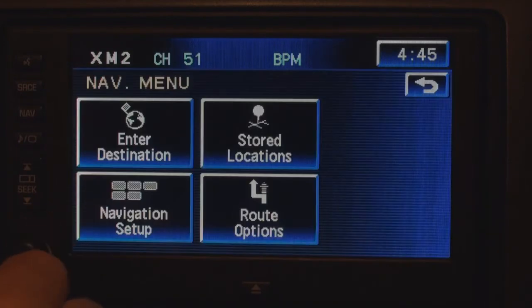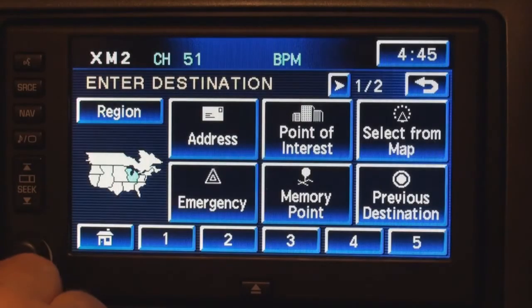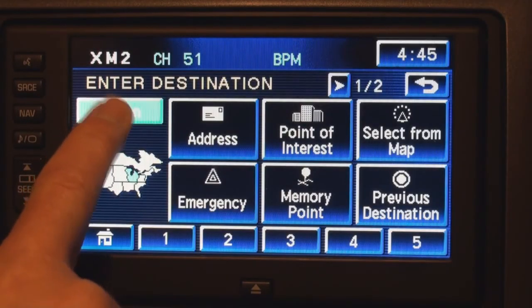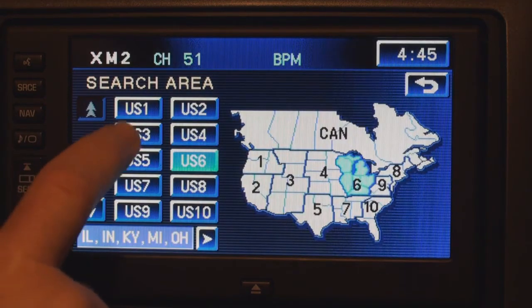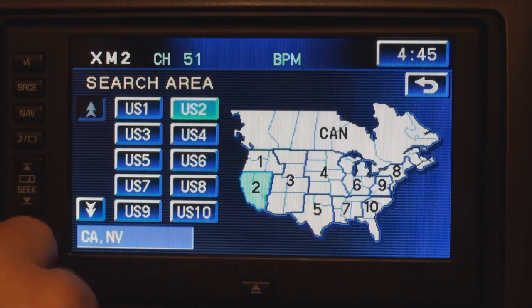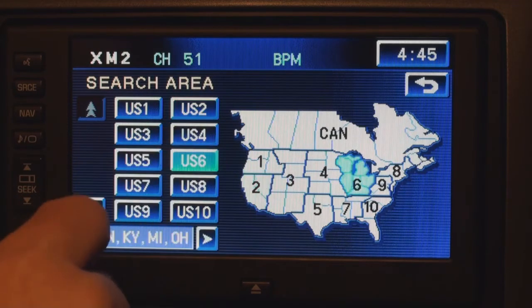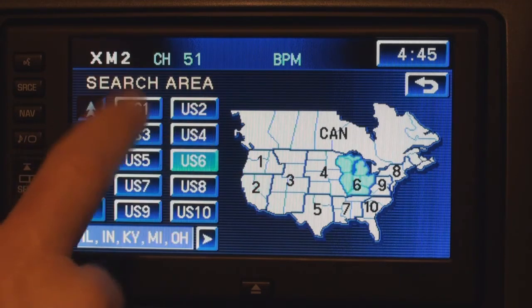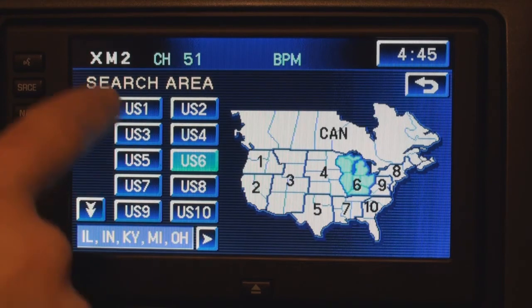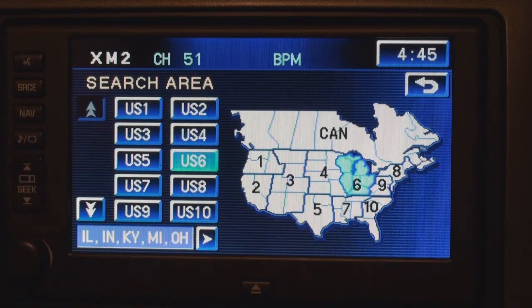Select menu, select enter destination, select region. Select the region where you're going to be going, where the waypoint would be, for example. So it's in a different region, select that region. If you don't see the number of the region that you need to select on the left part of the